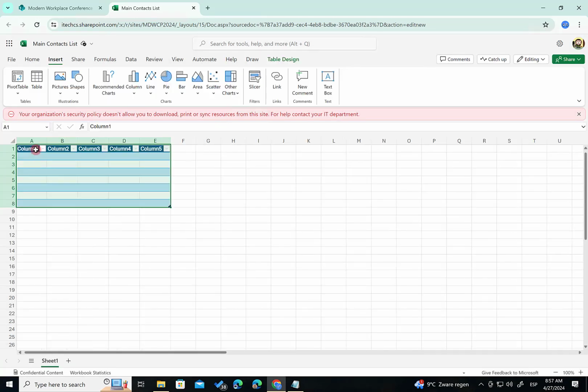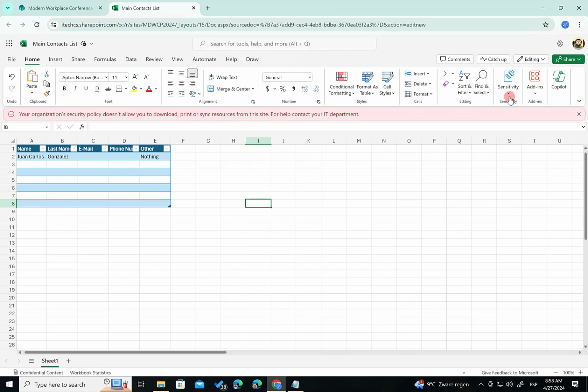So something like name, last name, email, phone number, other. So let's populate some data in the table. Something like this. So let's take a look at the label applied to the document.